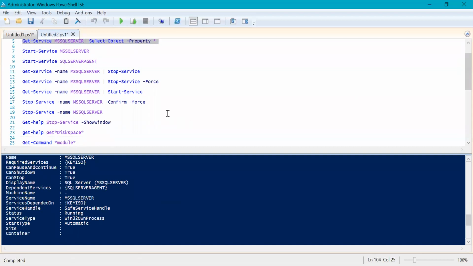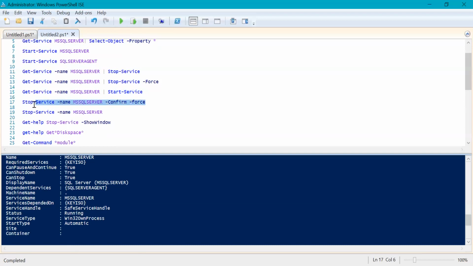Okay, Force I have already explained, but what if you have written a script and you want the user to confirm first whether they are sure they want to take this action or not? Then you can use the Confirm parameter.